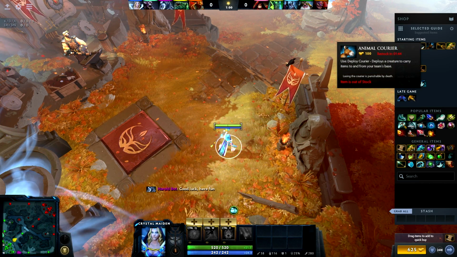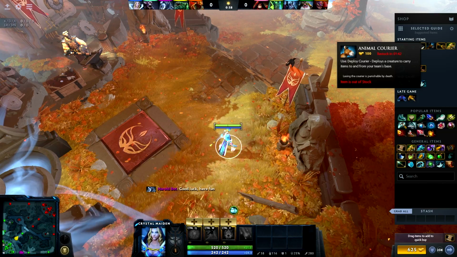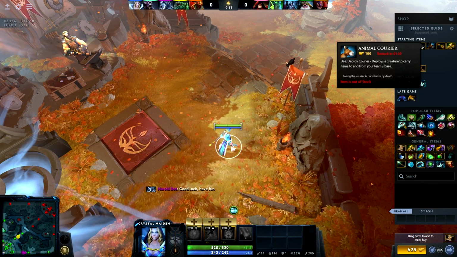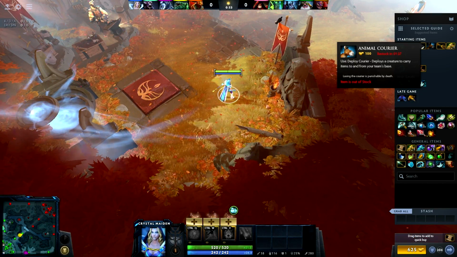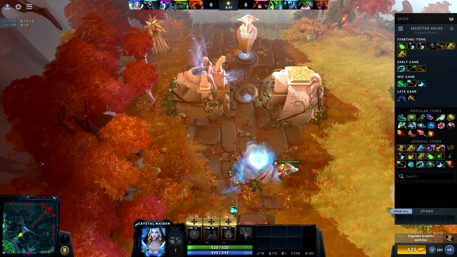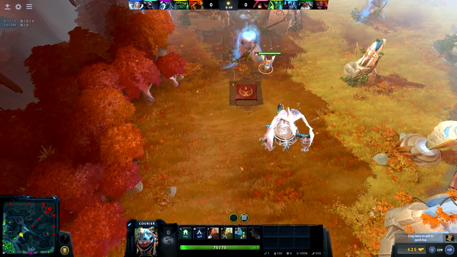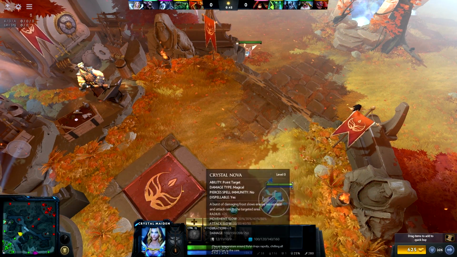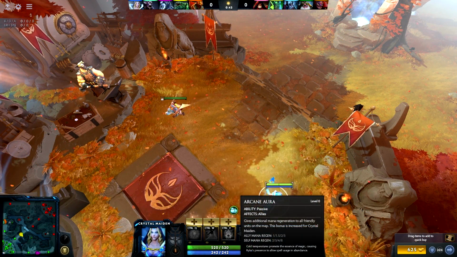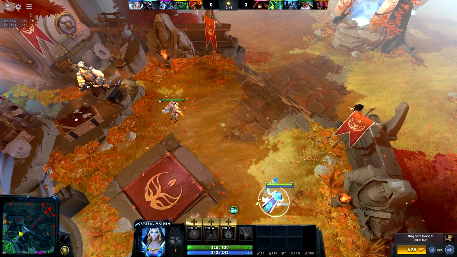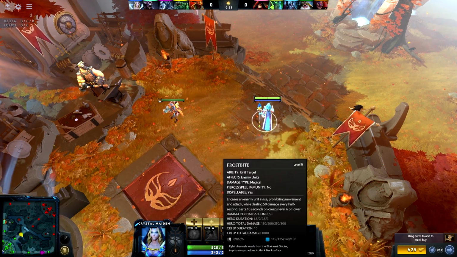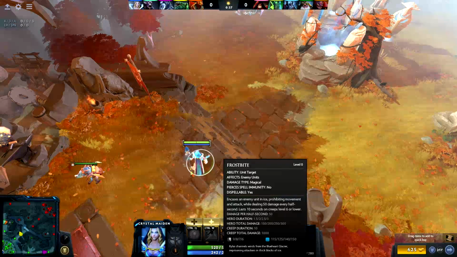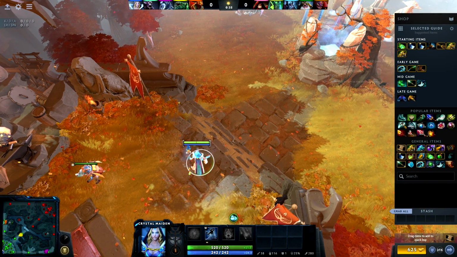So the courier was already bought, actually. But I did tell you the courier will be able to deliver the items to you. I'm actually not sure why the courier is here, though. So I'll just tell it to come back. So I can choose what abilities I need. So I'm going to go ahead and choose the Frostbite ability,